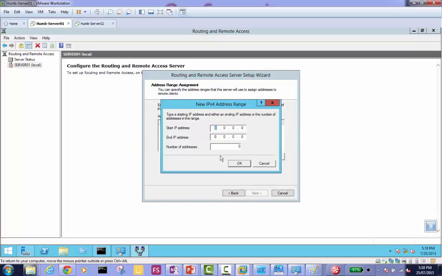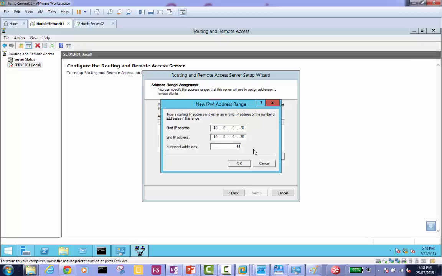Then I click new and I say I want 10.0.0.20 up to 10.0.0.30. For our configuration, we just have one client, so we're giving 10. In production, you could go for hundreds and hundreds of clients by giving a big range.